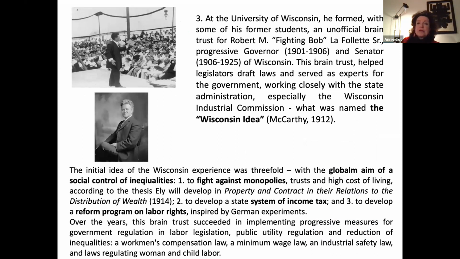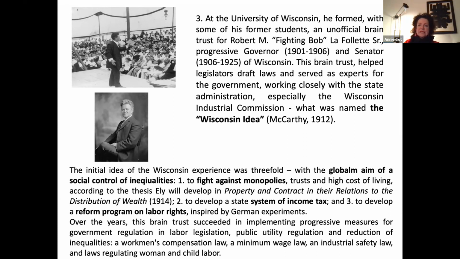And of course, the third one is his work with Fighting Bob La Follette, Governor Robert La Follette. We all know about La Follette, who was first a deputy, then member of parliament, then senator, then a candidate to the presidency of the United States. But basically what McCarthy, who was also teaching at the University of Wisconsin, called the Wisconsin idea, was elaborated by Ely, then together with John Commons. So there was this unofficial brain trust, which worked for many years